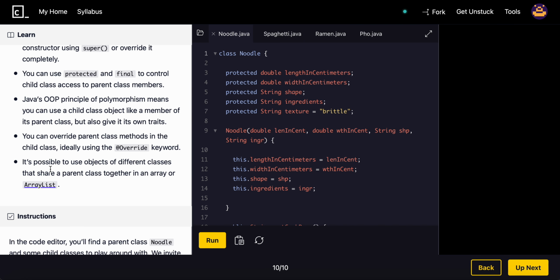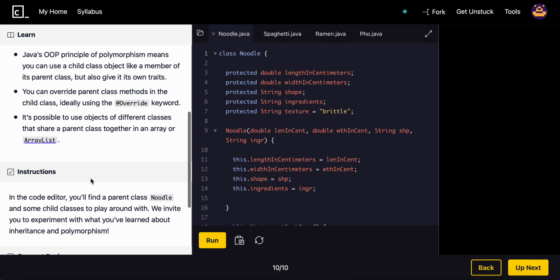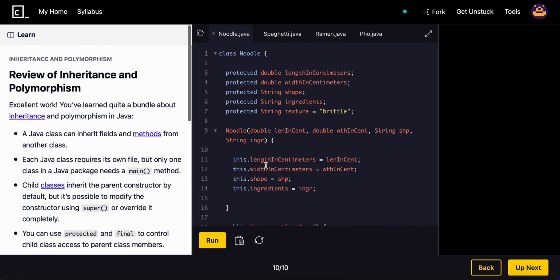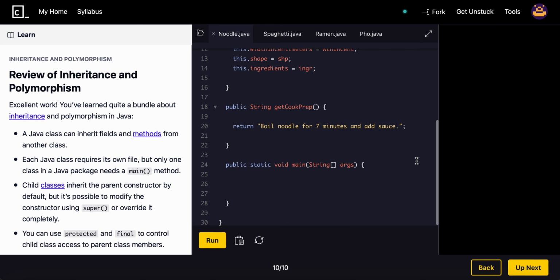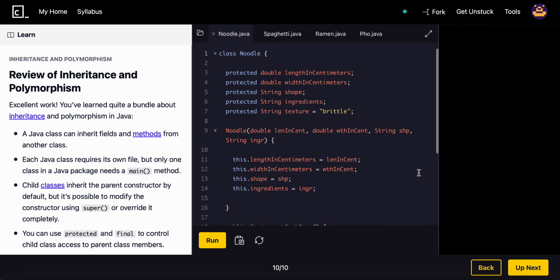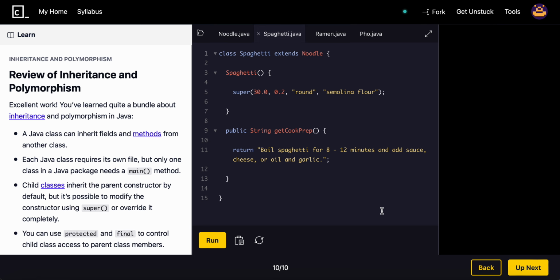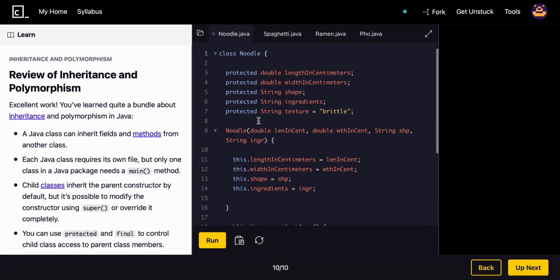Next, it's possible to use objects of different classes that share a parent class together in an array or array list. So we have a bunch of code here. So I'm going to quickly go over it, or not really go over it. I'm just going to show you guys. If you want to pause the video, copy down this code, go ahead and work with it for free, of course, in your IDE. Go ahead, but yeah, that's going to end the inheritance and polymorphism,